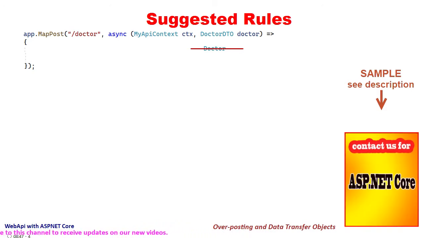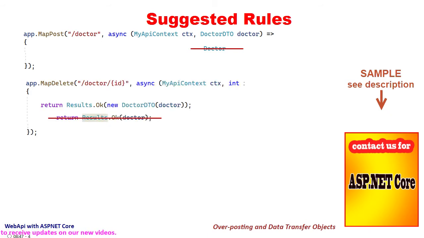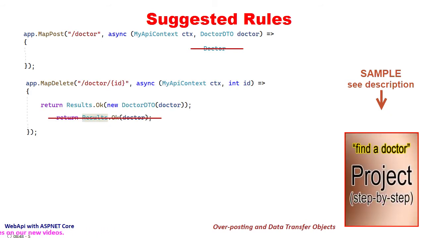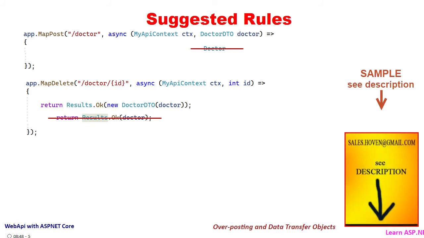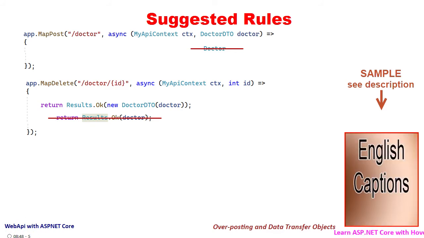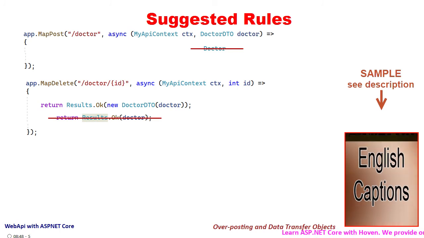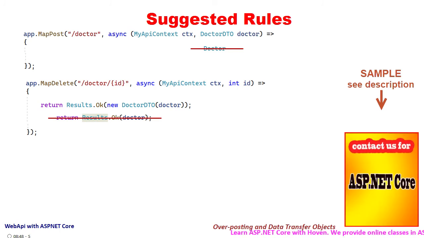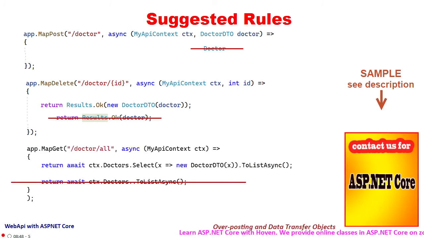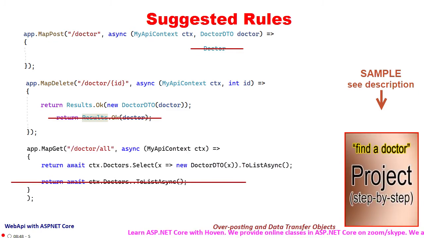I will show the details of this in the next tutorials, but right now the second rule is that whenever your API returns a type of doctor, replace that by Doctor DTO. By using its constructor, the constructor will convert your doctor into a Doctor DTO. And thirdly, wherever your API returns a